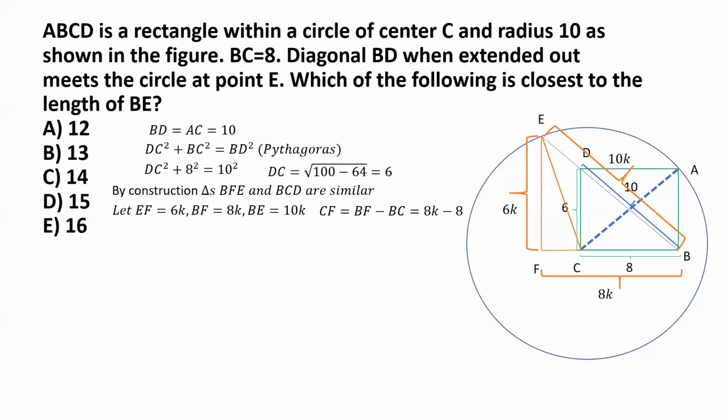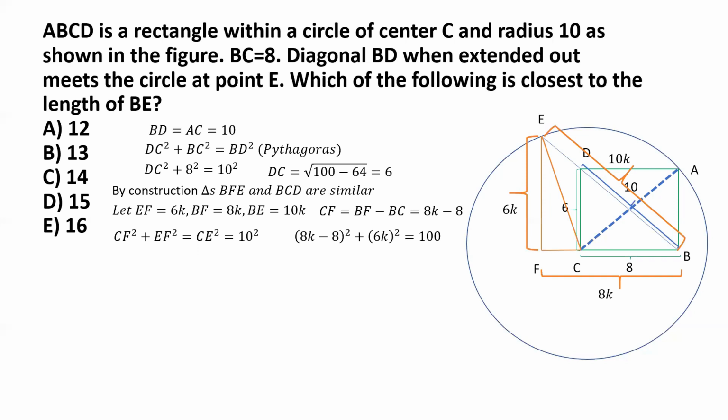Now, considering the right angle triangle CFE, we apply Pythagoras Theorem, CF square plus EF square equal to CE square. And like I said, CE being the radius is equal to 10, so that makes the right-hand side 10 square. So what is CF? We have obtained CF as 8K minus 8. EF is simply 6K,